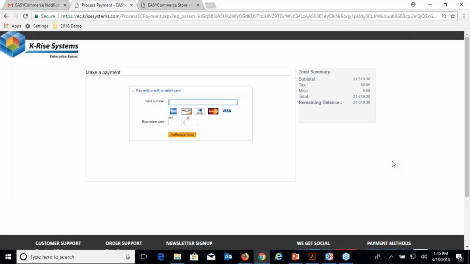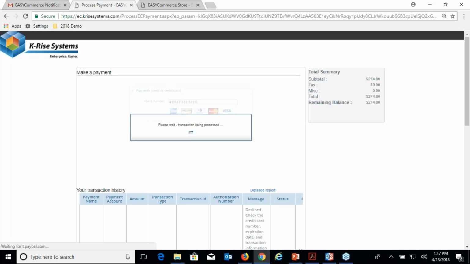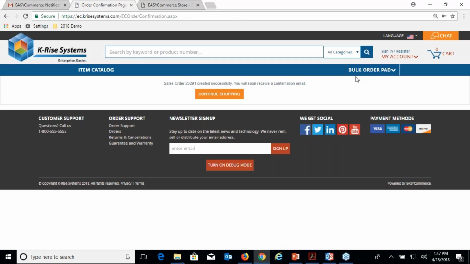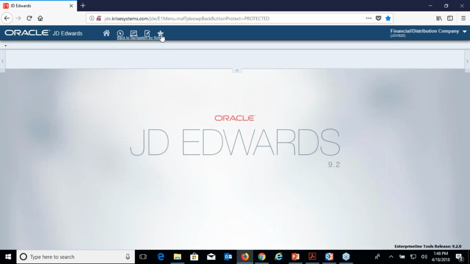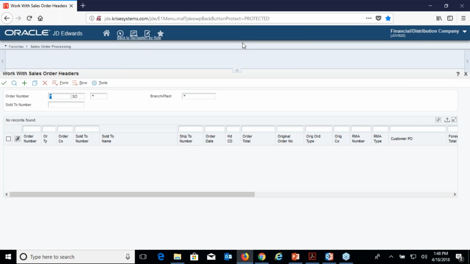Once again, iframe redirect to the payment gateway. Okay, so this order was created. Sorry about that, folks. So 23291, if we go to J.D. Edwards and we look at the order, 23291,